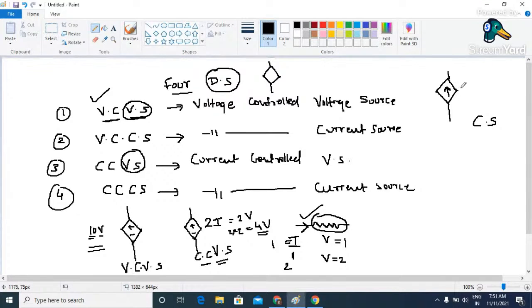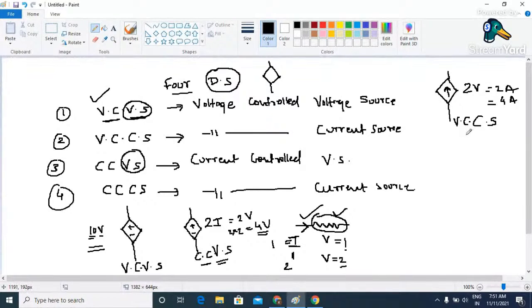It may be possible that the value of this current source depends upon a voltage across any element connected in the same circuit. For example, say 2V. Now this is going to be your voltage controlled current source, where we indicate the voltage across this particular element. So suppose initially the value of V is say 1 volt, then this current source is capable of supplying a current of 2 into 1, which is nothing but 2 ampere. In the same way, if the voltage across this element is say 2, then 2 into 2, this current source is capable of supplying a current of 4 ampere as an output. So this is for